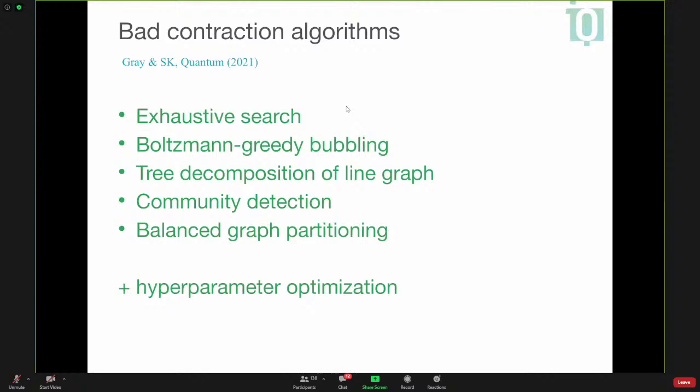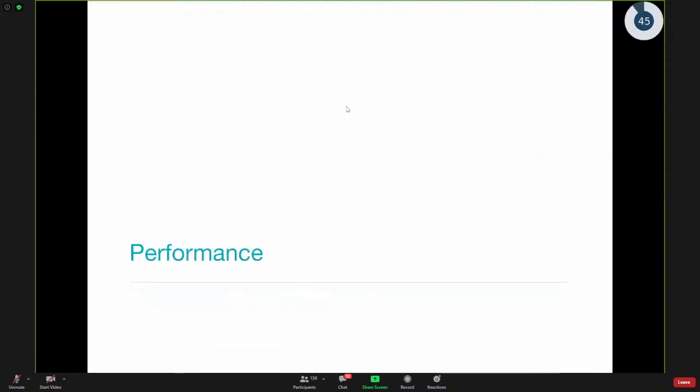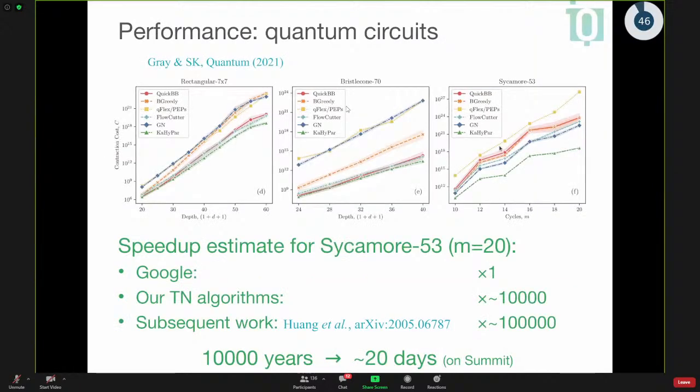It means that, for example, the simulations that I showed you for the Google circuit will by definition take exponential time, unless they do some very crude approximation, or something really breaks in our understanding of complexity theory. So all these contraction algorithms will lead to a contraction that takes exponential time. Okay, this is why I call them bad. But my point was that all these scale exponentially,